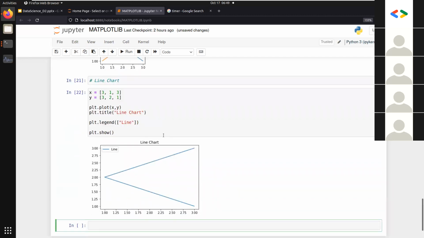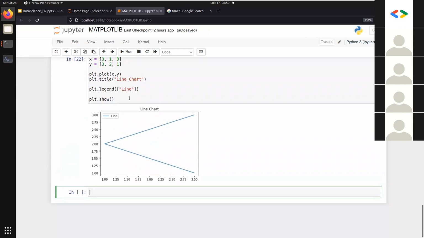And there you go. So it passes these values, the X and Y values, into this plot function over here. And we also have the line chart as the title of the figure. And we have a legend which shows over here. It says that this is a line. We gave it the name line, and it represents blue color, and you can see blue color over here. So plt.show shows the output, right? So let's check the next one,